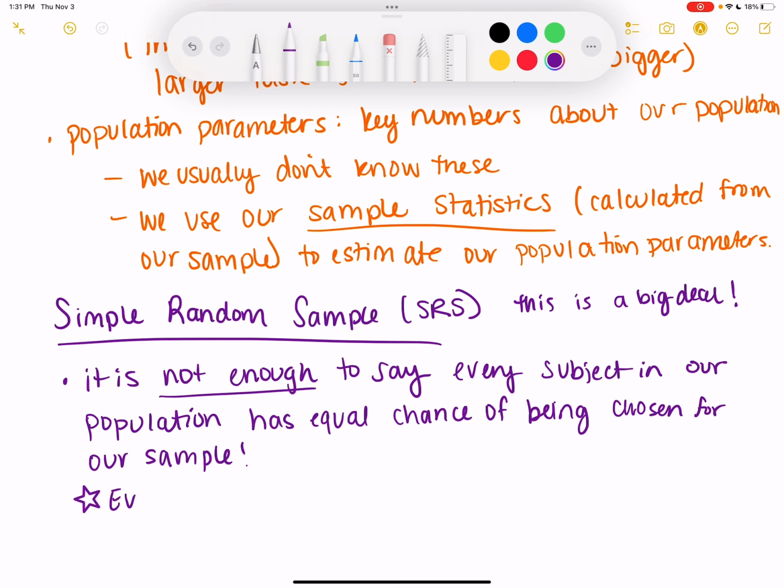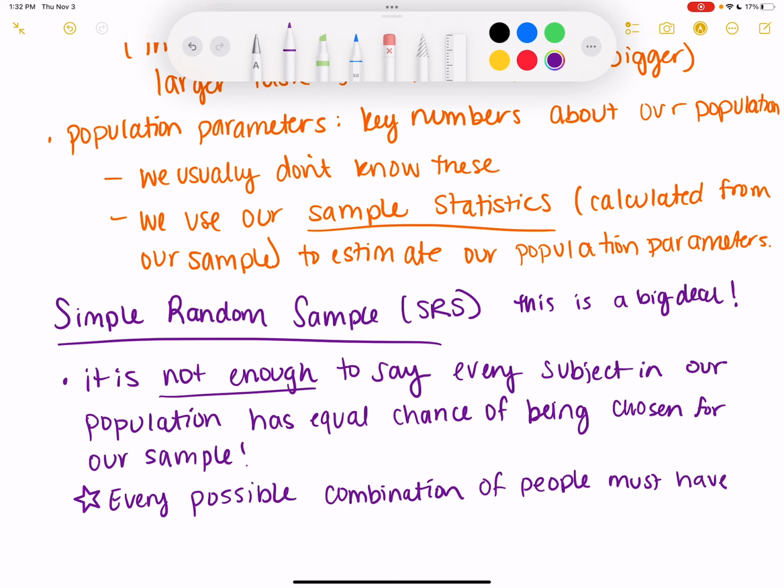Every possible combination of people must have an equal chance of being chosen for our sample.